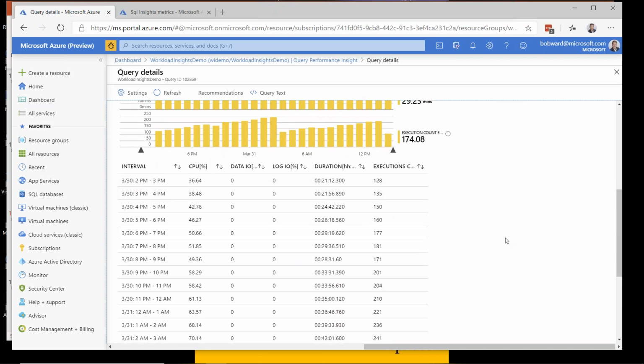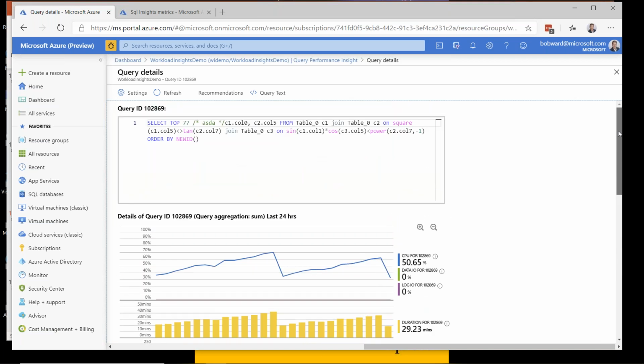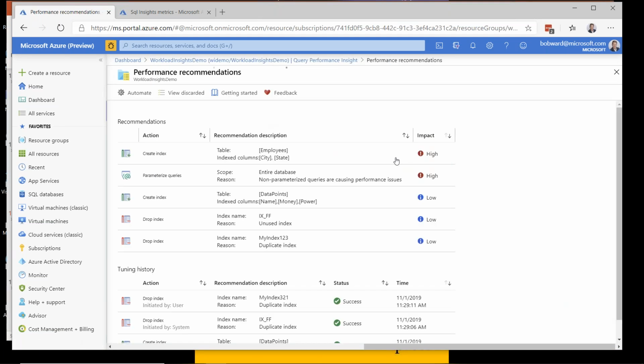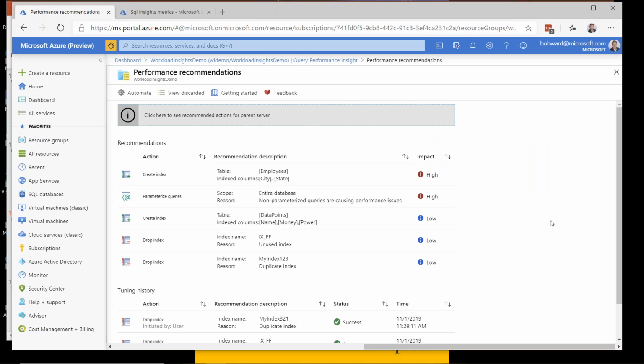In fact, if you've ever looked at Query Store, things are stored in terms of what are called runtime intervals. So this is showing me the performance of this query across the various runtime intervals over time for this database. Now, if you go back to Query Performance Insights, you'll notice at the top something called Improved Database Performance, Database Advisor Recommendations. If we click on this, this is where we're going to start talking about this idea of automatic